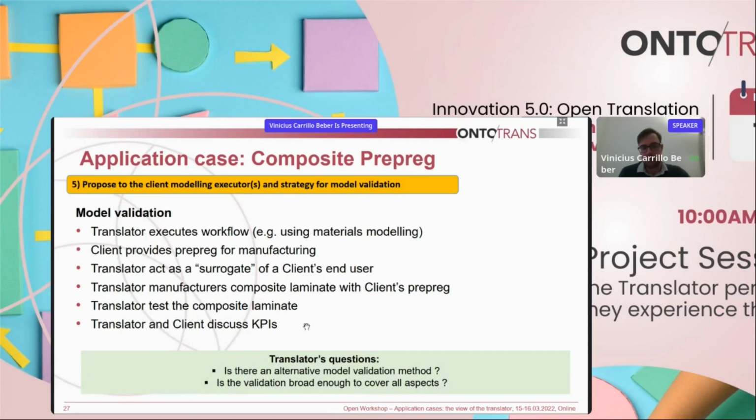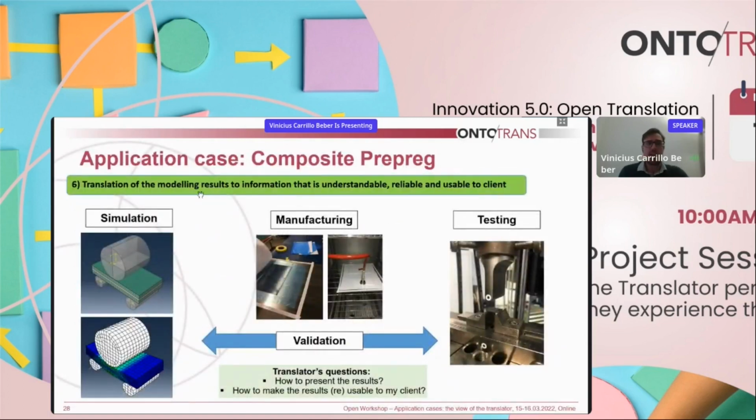Translator and client discuss the KPIs, and the process goes on until a solution that is good for the client is obtained. Then the translation questions in this step are: is there an alternative model validation? Is the validation broad enough to cover all aspects of the manufacturing? And finally, step 6, translation of the modeling results to information that is understandable, reliable, and usable to the